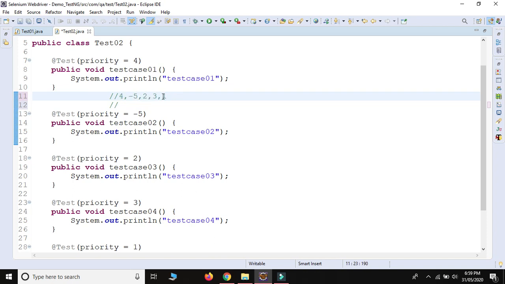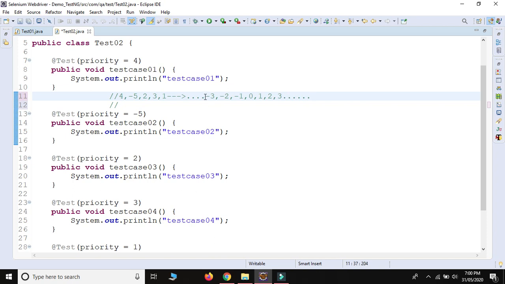I will show you. It starts from dot dot dot minus 3, then minus 2, then minus 1, then 0, then 1, 2, 3 and up to n number.